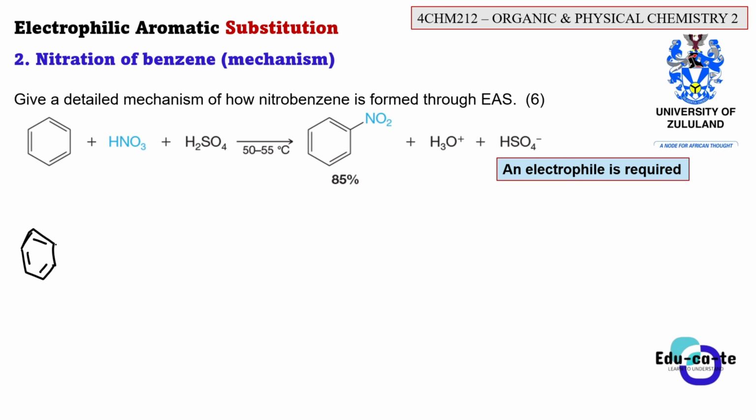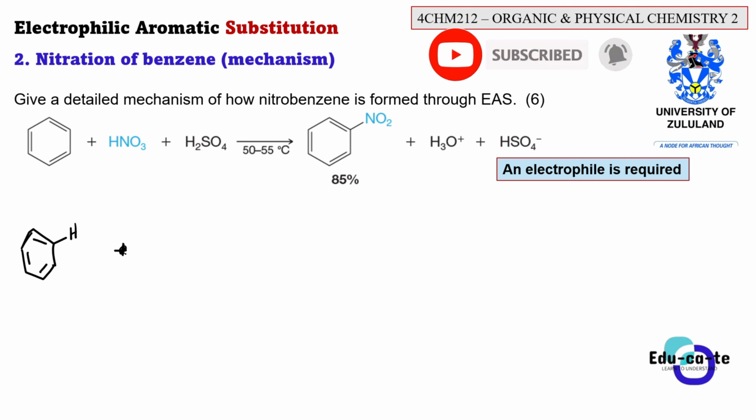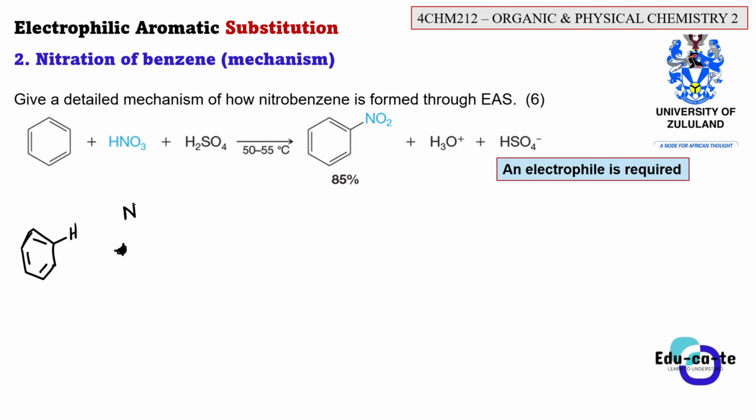Remember that this benzene always has a hydrogen here. It has 6 hydrogens, but we only draw 1 that will be substituted. Then remember that our electrophile that we are now having, let me just not write a plus anymore, is nitrogen. So there is nitrogen here, oxygen here, having 2 lone pairs of electrons, and another oxygen here, having 2 lone pairs of electrons. So this is the kind of an electrophile that we have developed.